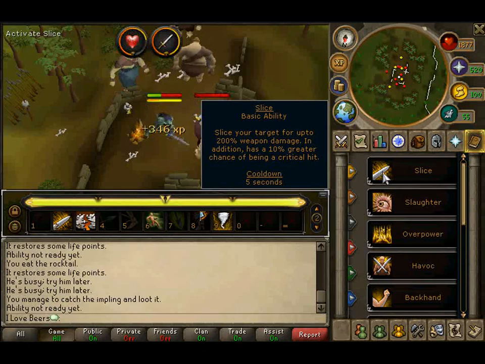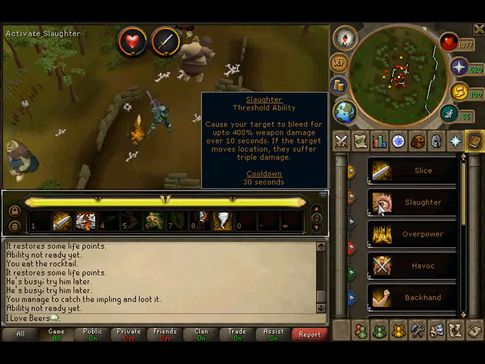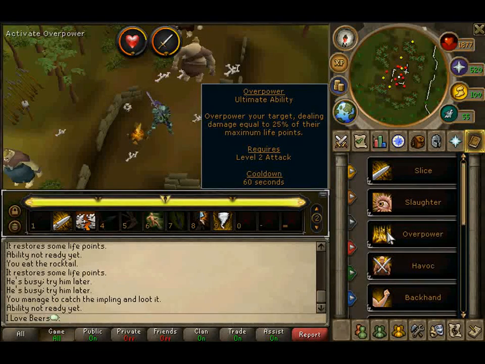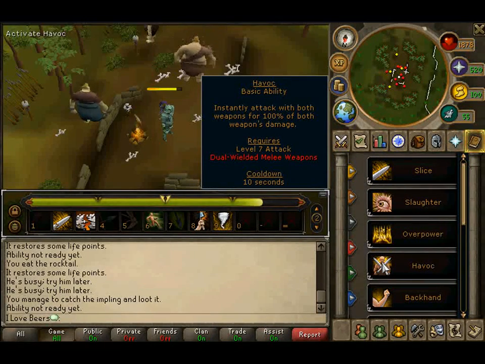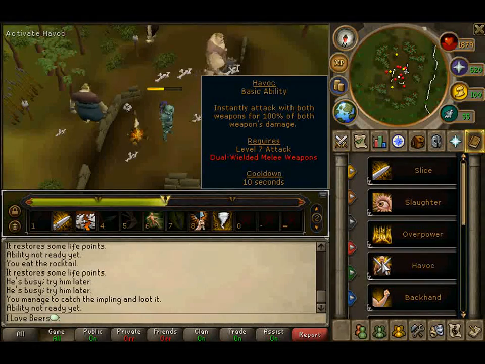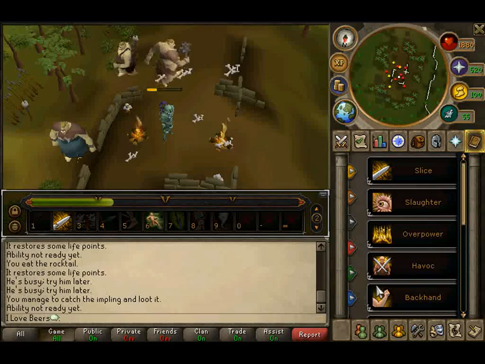So let's go over the abilities. Slice. Slaughter causes your target to bleed for up to 400% weapon damage over 10 seconds. Overpower, dealing damage equal to 25% of the target's maximum life points. Havoc, instantly attacks with both weapons for 100% of both weapons' damage, and dual wielded weapons are required for this. And of course, you can see the attack level that's required. Whatever ability it is, they'll have a certain attack or